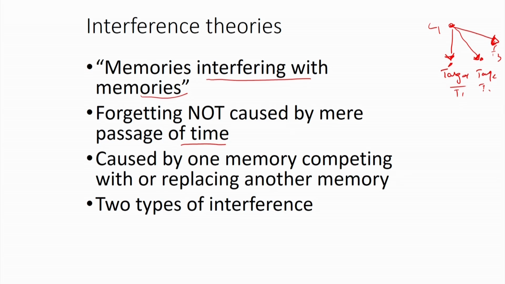So, this theory basically says that forgetting is not due to the passage of time, but is caused by one or more memories competing with or replacing other memories. And so, the definition, the thing that I showed you, what will happen is multiple targets will compete with each other. As soon as this cue is activated, these targets will compete with each other. The more similar they are, the more chances that they will not be retrieved,